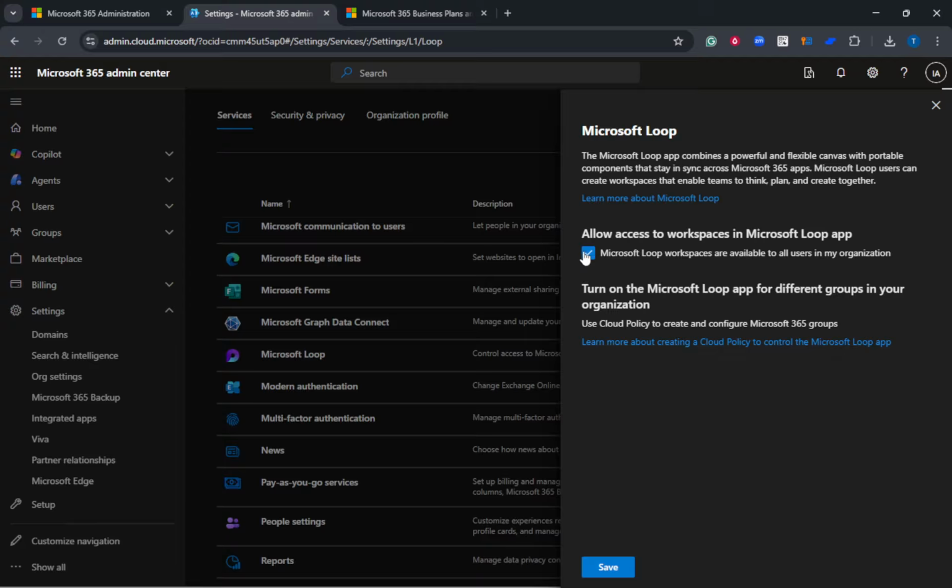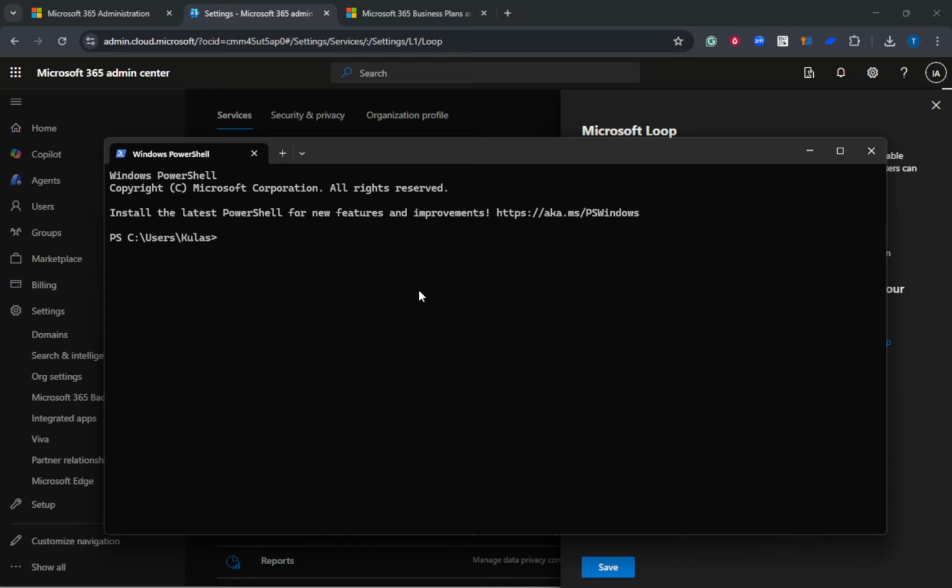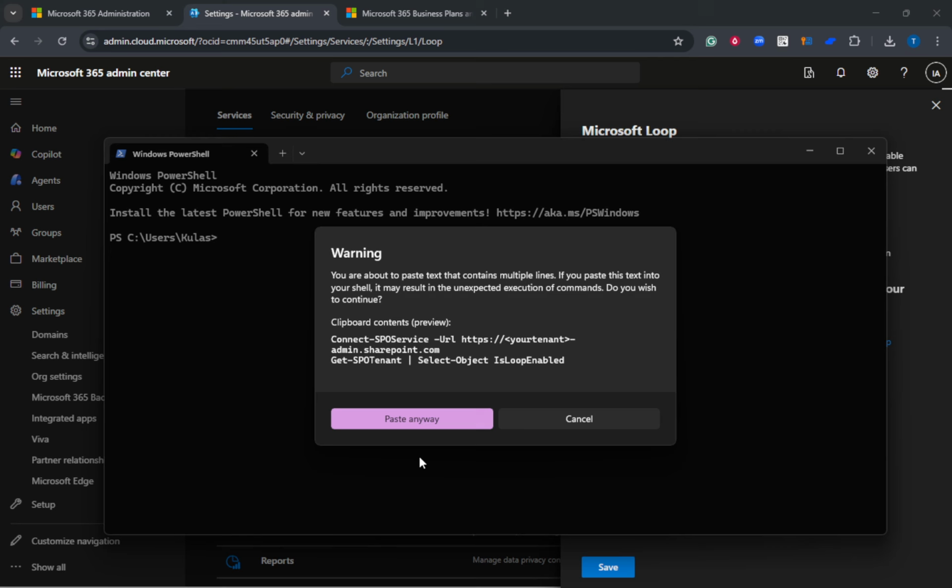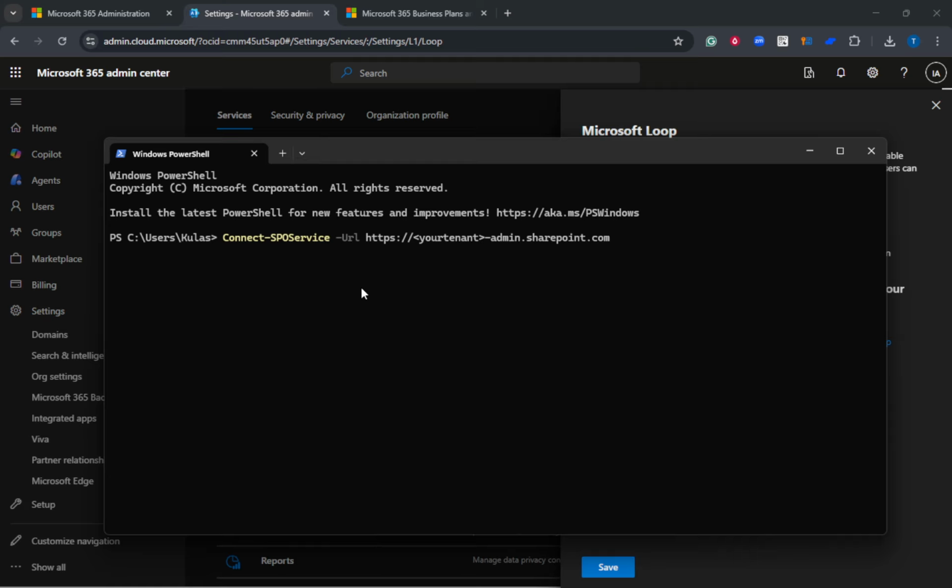If Loop still isn't showing up, it may be disabled by policy. Admins can verify this using PowerShell. Connect to SharePoint Online with the Connect-SPOService command pointing to your tenant's admin URL. Then run Get-SPOTenant and check the IsLoopEnabled property. If it returns false, turn it on with Set-SPOTenant